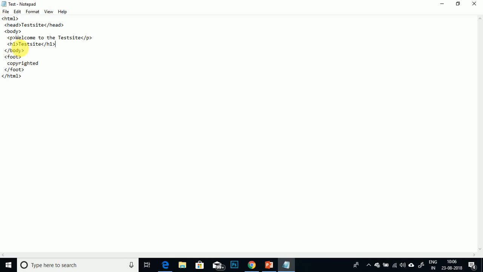Heading tags are chronologically ordered: the h1 tag is the largest form of the heading tag, then there is h2, h3, h4, h5, and h6. You can see the difference between the heading tags.